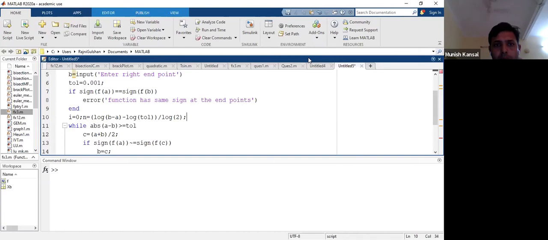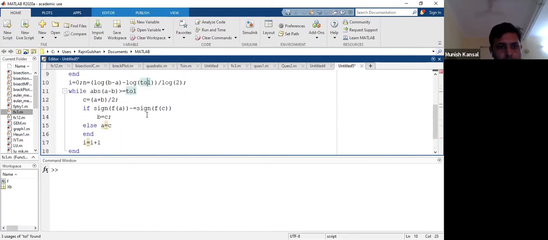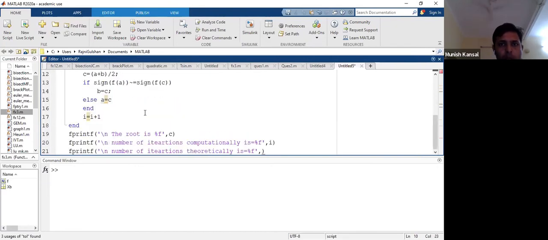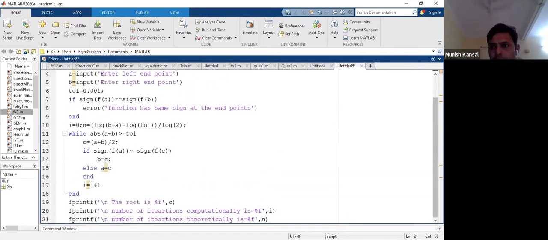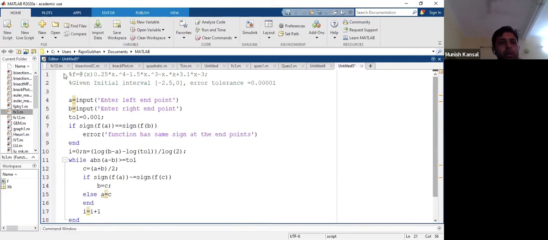Okay, so I will take the queries at the end. Some people are asking why backslash n. Let me tell you, I have written backslash n in order to get the output in a new line. If we do not write backslash n here, all the outputs will come in the same line. Backslash n means go to the next line. I will run it and show you, then you will see. So let me write down here output n. Okay, so I think the program is complete. If there is any deficiency, then we will fulfill it.